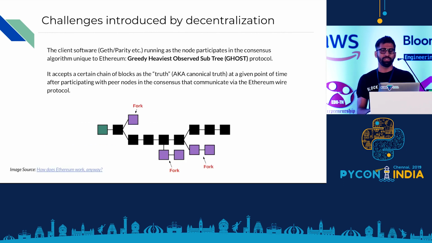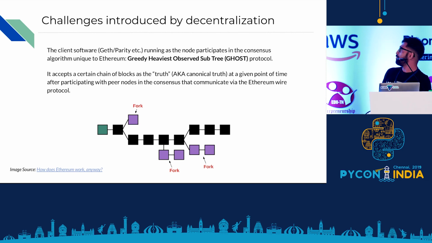Specific to this example which I'm going to talk about today, it's known as the greedy heaviest observed subtree protocol, GHOST protocol. The peers which participate communicate via a very low level protocol known as the Ethereum wire protocol. It works on the UDP protocol, they are always communicating what are the list of blocks that they should be agreeing upon as